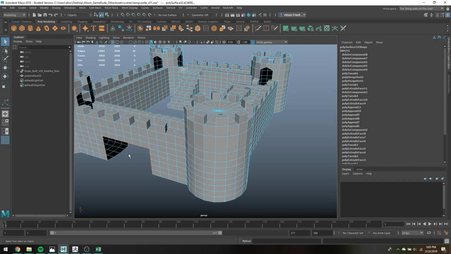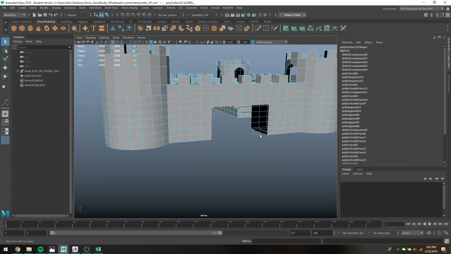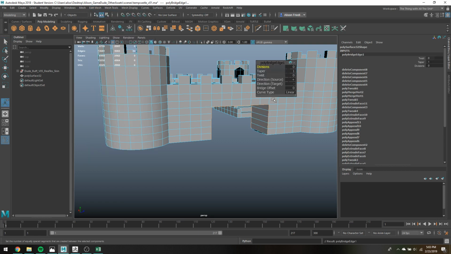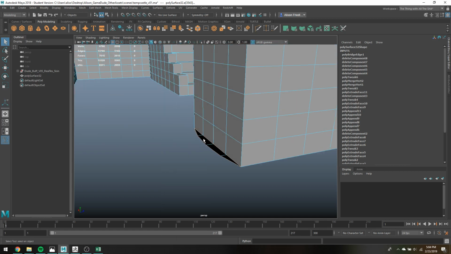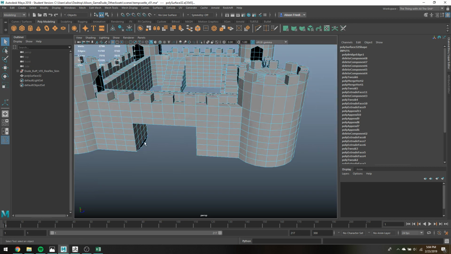Alright, so I'm going to grab these and I'm just going to do, again, edit mesh bridge. And I'm going to put four subdivisions so that these little guys here line up. And then I actually have to go through and flatten these and snap them back into place, at which point I should then be able to do a